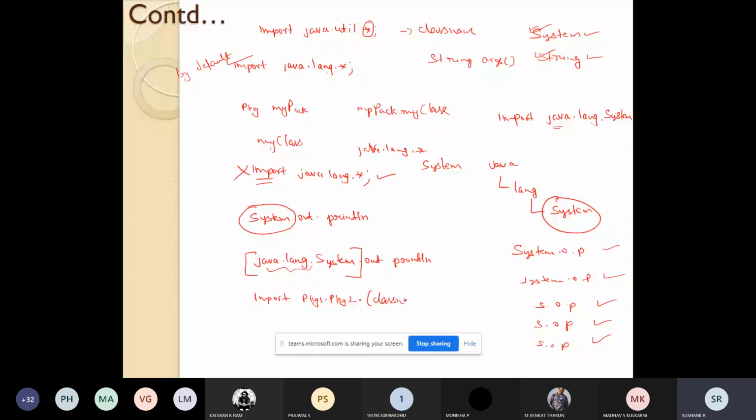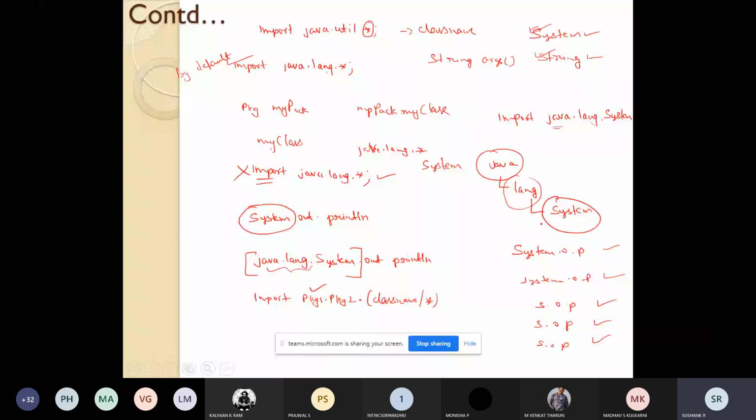Star refers to all the classes in this package, while a class name refers to only an individual class. Here package one is the top level package, and package two is the subordinate of the top level package, a sub package present inside the Java package. The rest is the classes. So this is regarding the import statements.